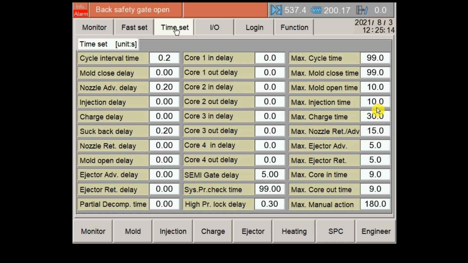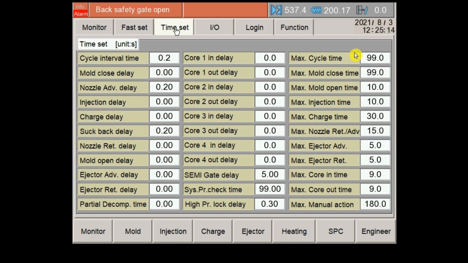If I set only 5 seconds as the maximum time, and sometimes the injection time exceeds 5, then an alarm will be raised and production will be affected. So here we increase the time in a maximum way. That's why the setting describes maximum cycle time, maximum molding cycle, maximum mold open time, maximum injection time, maximum charging time, maximum nozzle retract, maximum ejector advance time, and so on.